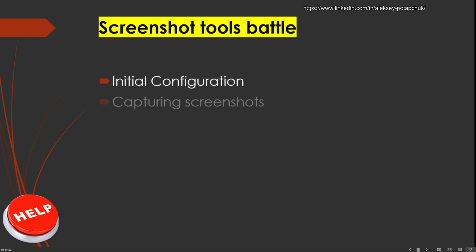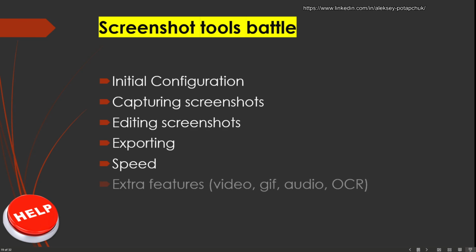the screenshot tools are going to be validated on simple terms. It's basically going to be some configuration initially, because no screenshot tool should work out of the box the way you want it to. It's not possible. It's not how the whole concept works, right? But then we'll see how it captures the screenshot itself, how it deals with editing them, exporting them. It's very important that you need to save the screenshots and be able to put them into your clipboard at